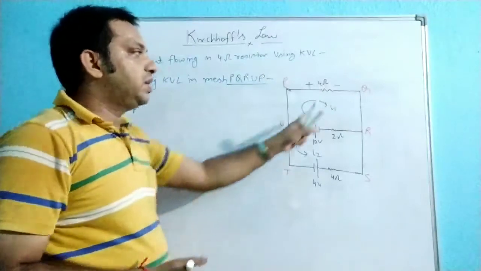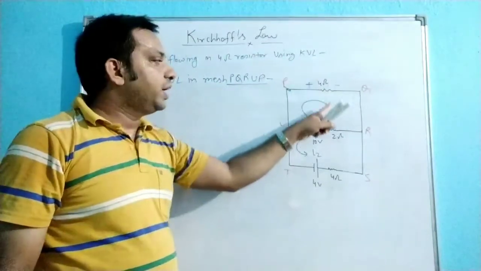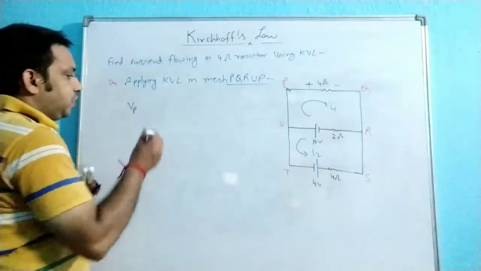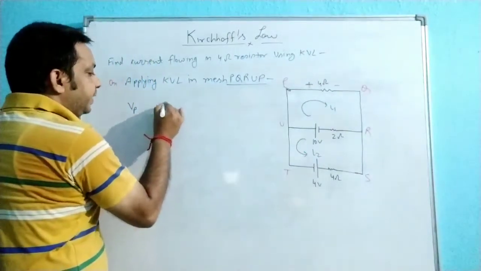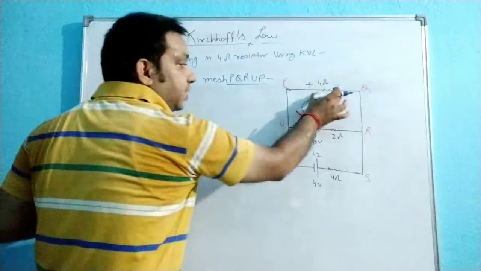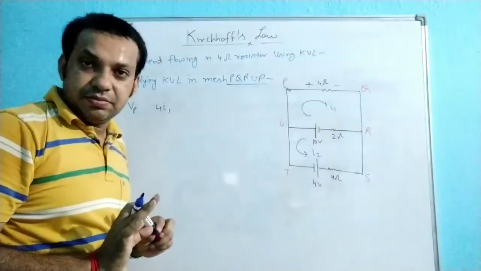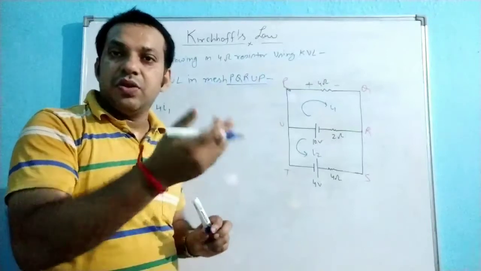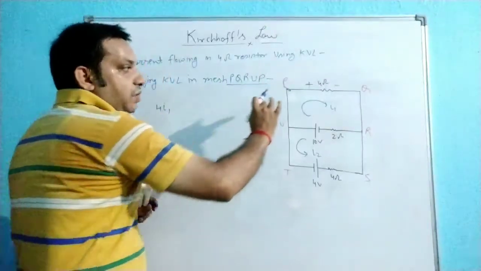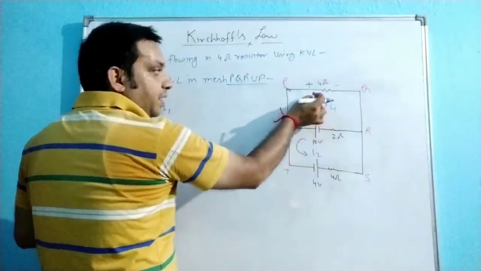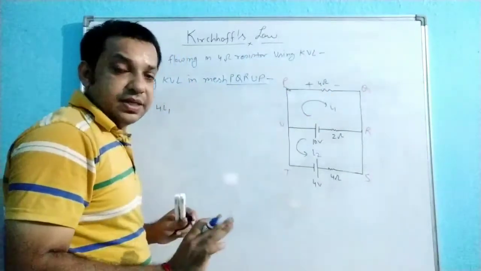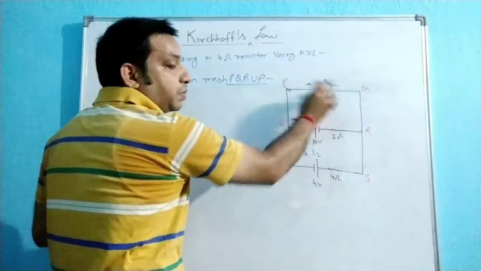And what is the potential difference across this one? So 4 into I1. So here 4 into I1 is the potential difference across this 4 ohm resistor. Now just check whether it is gain of potential or the loss of potential. If you are moving like this in the current direction, you are reaching from plus to minus. Plus to minus. That means there is a loss, higher potential to lower potential.